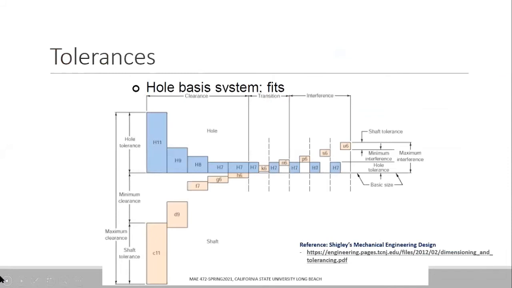And this is another chart which basically tells you that for a given specification, what type of fits you get. If you have a hole specification H11, C11, you have a clearance fit. And if you are going from H6 to K6, H7, K6, you have some sort of a transition fit, and then you have interference fits. So these are another way of representing the different fits and tolerances you will get for the specifications that are provided to you.